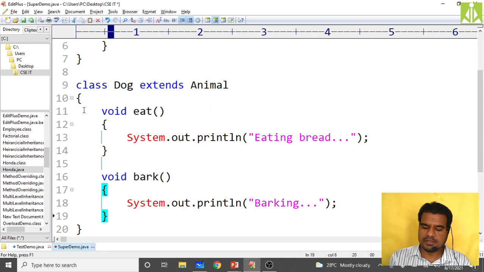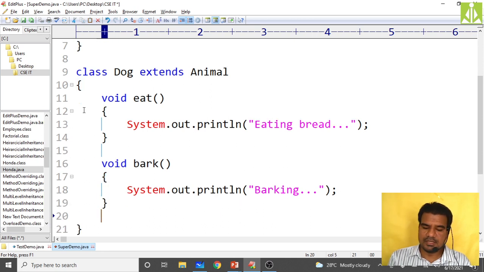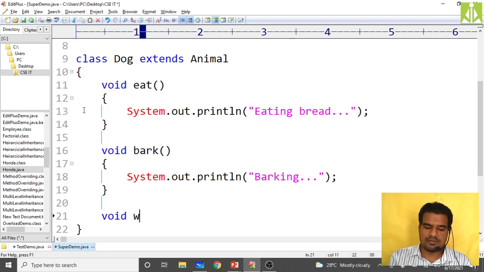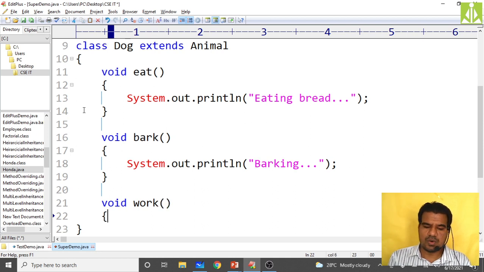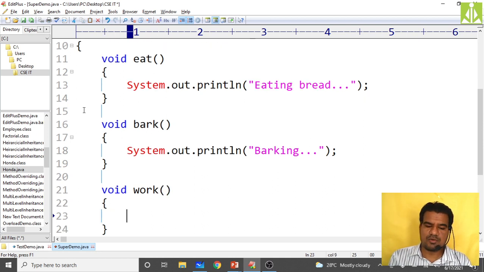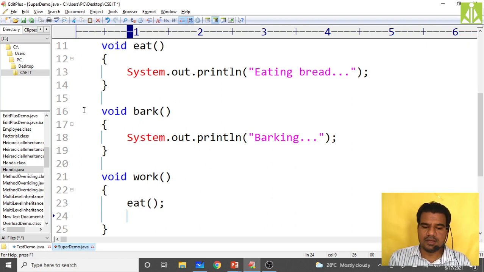Like this we have created, and now I'm creating another method, work, to call these two. Here I'm calling eat, and then I'm calling bark.